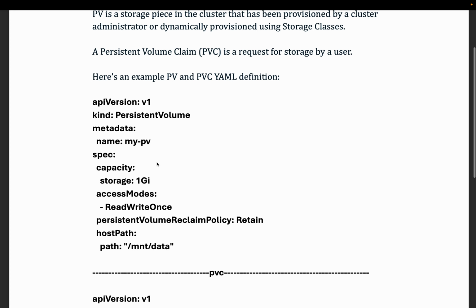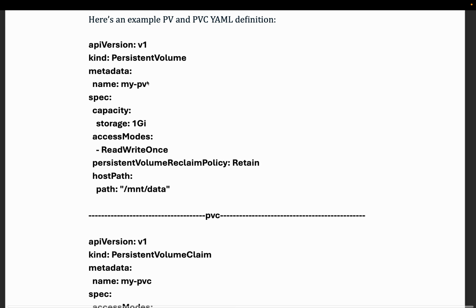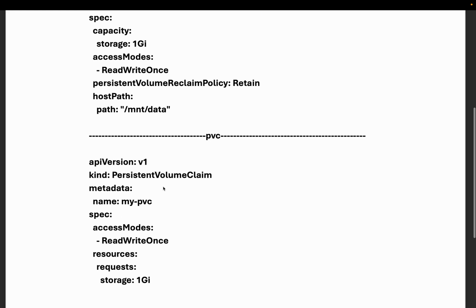If you see the PV, persistent volume, that's the kind. It has the specification of storage 1G and access mode ReadWriteOnce. That means data can be both read and written, correct? If you see the persistent volume claim, it has the specification access mode ReadWriteOnce. That means the data can be read over here, it can be written over here, and it has requested the